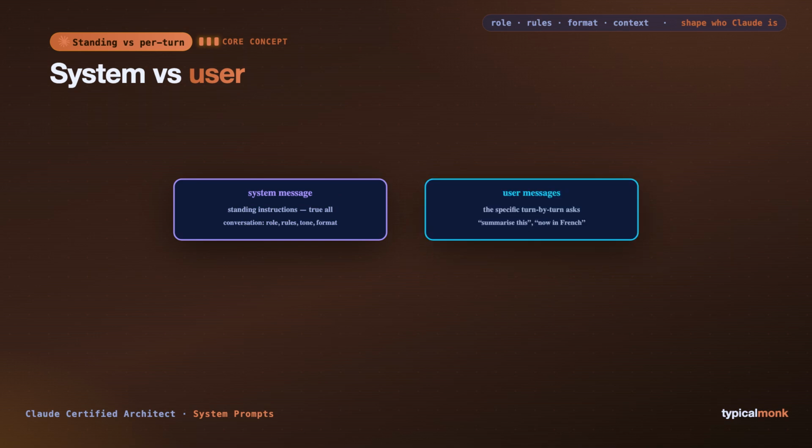The user messages, by contrast, are the actual conversation, the specific questions and requests sent one turn at a time. "Summarize this document." "What was that last point again?" "Now translate it to French." These change with every turn. They are the content of the dialogue happening inside the frame the system prompt established. Claude